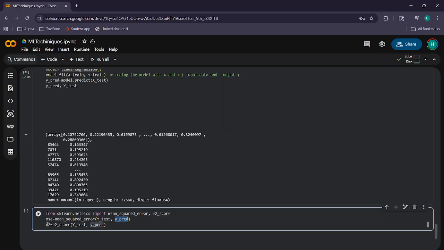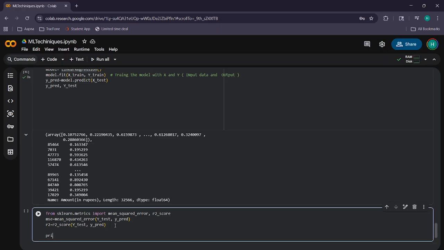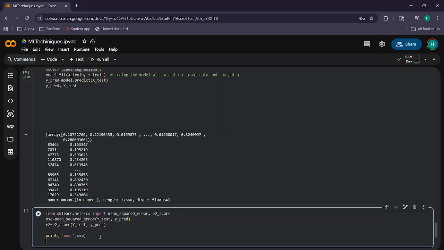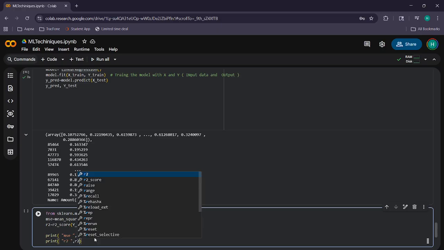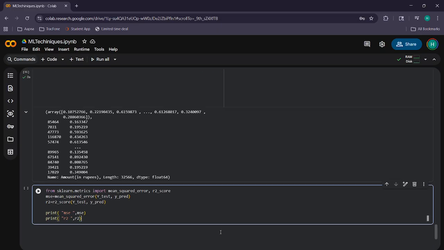And for R2 as well, we need to pass the actual test data and the model predicted values. So let me print MSE, comma, MSE, and R2 is R2. So if I execute it,